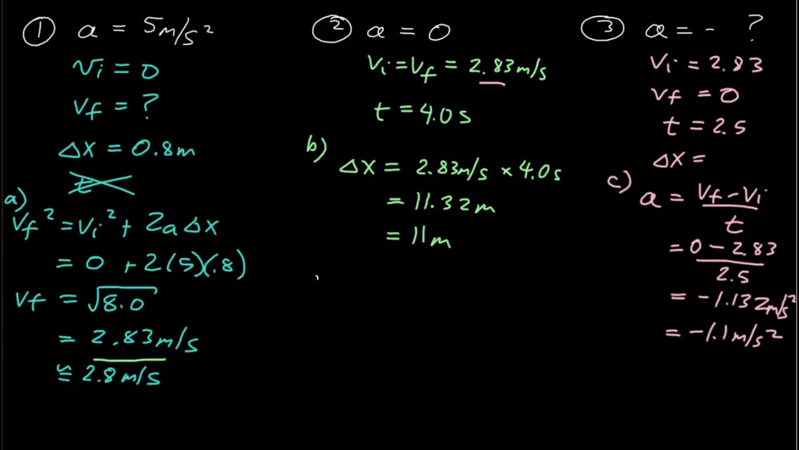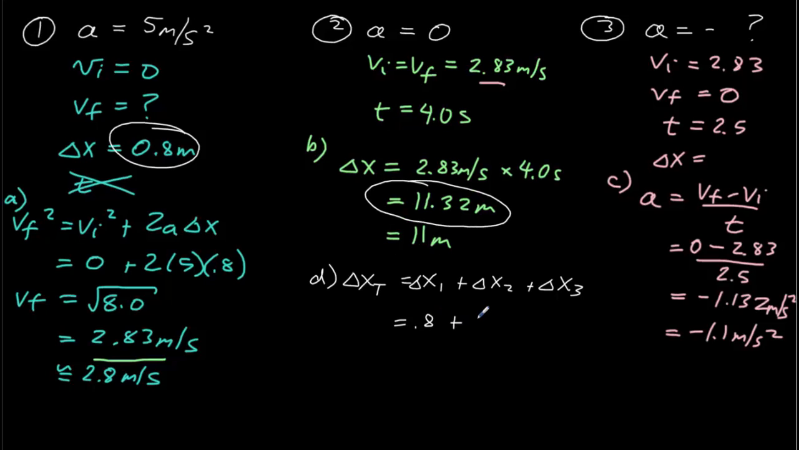And in part D, you're asked to find the total displacement, which is just going to be the sum of the three displacements in each region. So there's delta x in the first region. There's the displacement in the second region. And in the third region, we still need to find that out, but it is simply going to be equal to the average speed. Average speed would be halfway in between 2.83 and 0, which would be